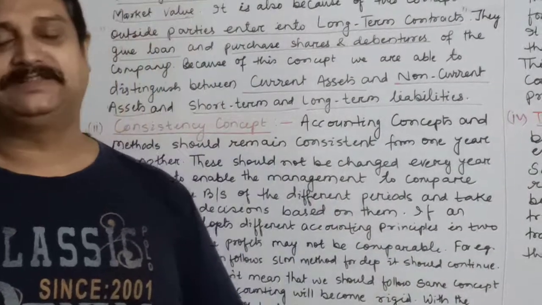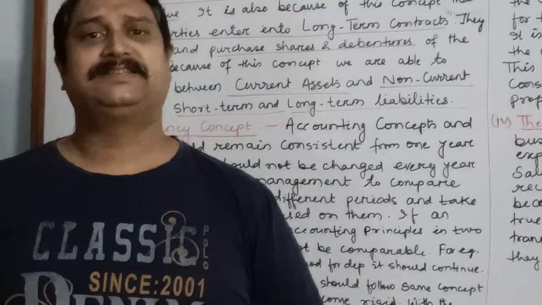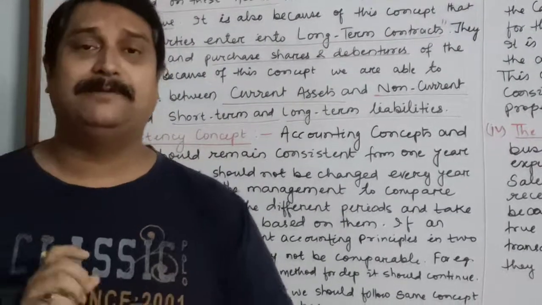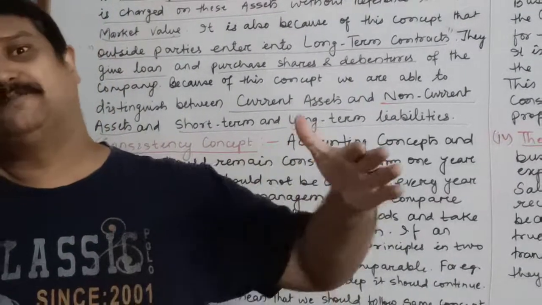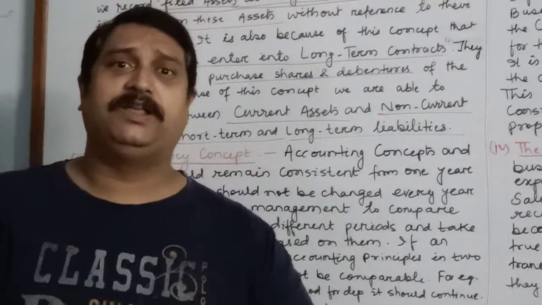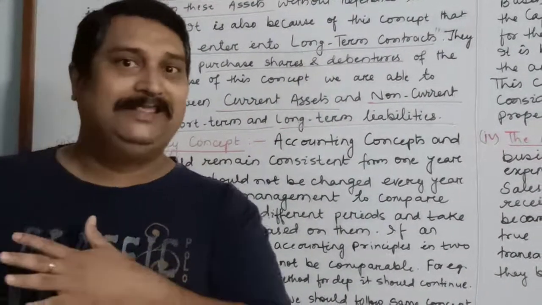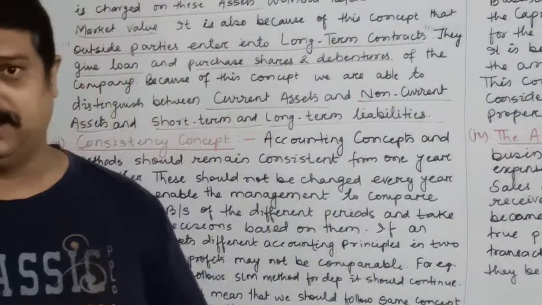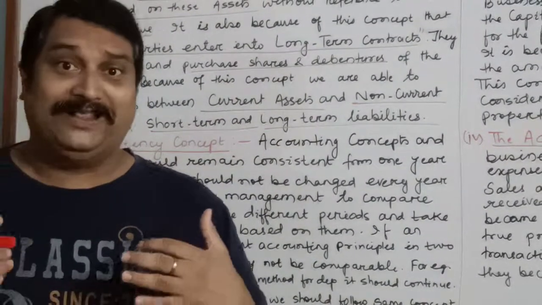So according to this accounting concept, whichever system or method a businessman or an accountant follows for recording the business transactions must be used continuously for a sufficiently longer period of time. Because if you change the methods year after year, you will not be able to compare your profit of the current year with the previous years, because the method of the previous years may be different from the current year. And in that case, you will not be able to take necessary managerial decisions, whether expenses have grown up,